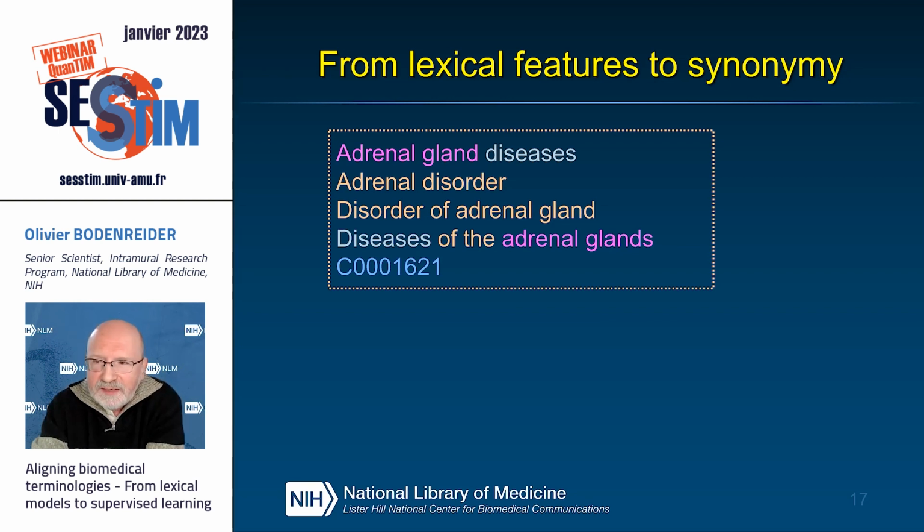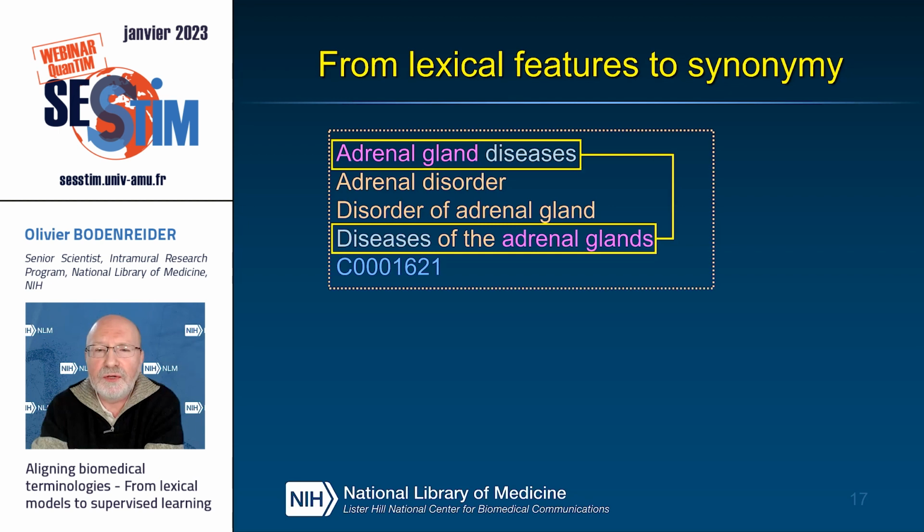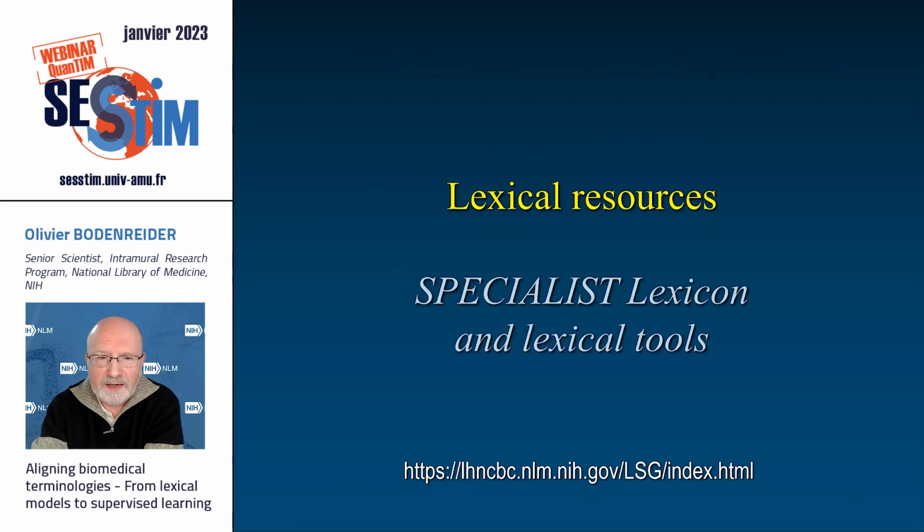I wouldn't recommend doing this in text in general because you can destroy the meaning at the same time. But for the purpose of comparing terms in the Metathesaurus, it's been shown to be a good thing. And when you do this, the first term and the last term end up being the same. Once they are normalized, they look exactly the same. And therefore, what I've described forms a model for lexical similarity, which in turn forms the model for synonymy.